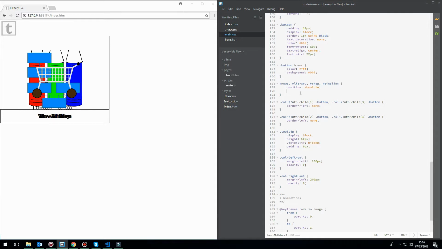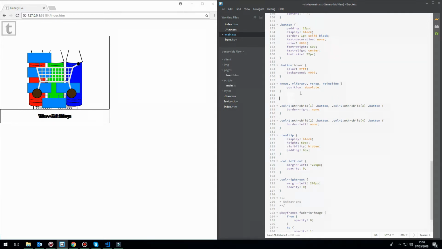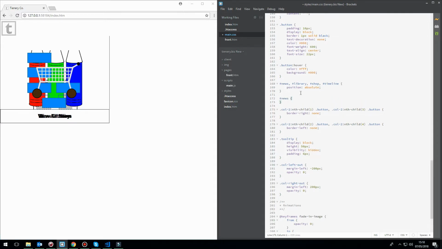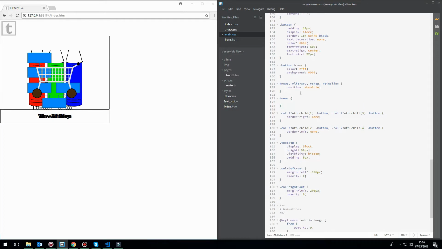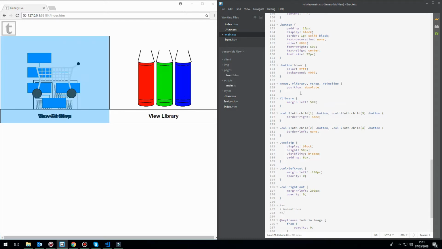So what I'm doing here, as you can see, is I'm actually making all of these individual elements position absolute. Now the reason why I want to do that is because I want to be able to fade out all of these images and move them to the left and right respectively. But I can only really do that by assigning each of them different values and positioning them in a specific way. So as you can see, I'm positioning the library 50% of the way across the screen